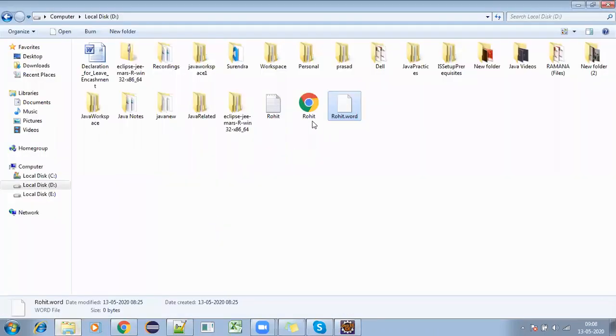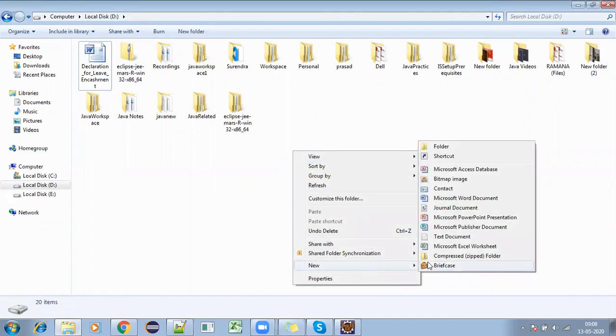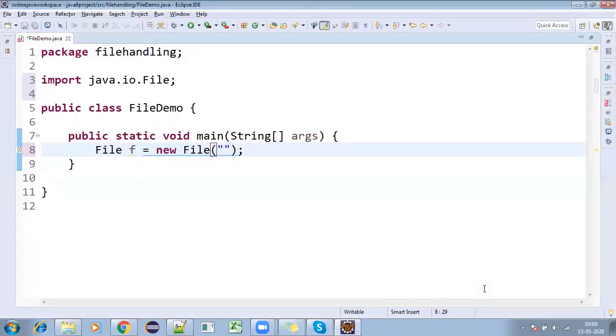Actually, in the D drive, I'll be removing some text files or whatever we have. Now we want to create a text file in the D drive. Normally we would go here, click new, and choose text document. But if you want to do this in other places, you give the path, and it will create a document for us, either a Word document, a PDF document, or a properties or CSV file, whatever files you can create by using the file concept.